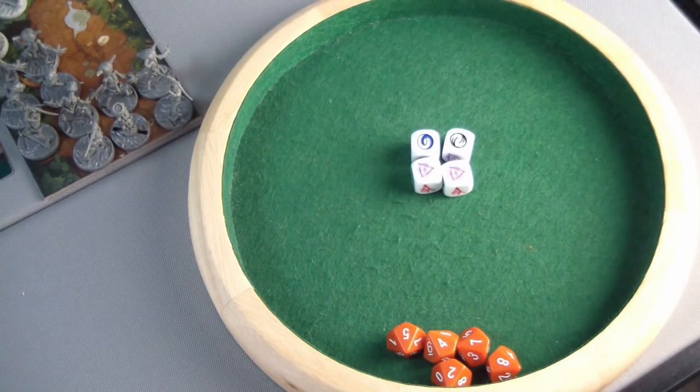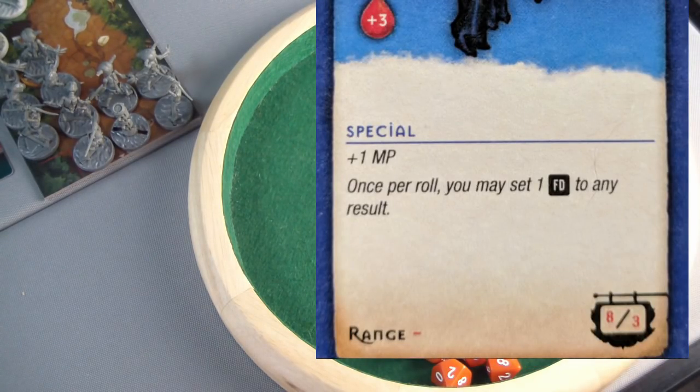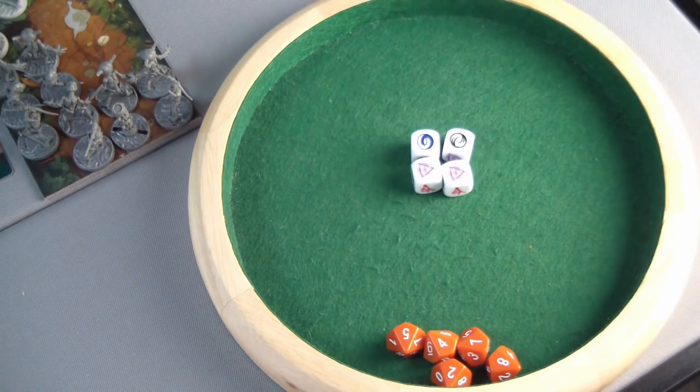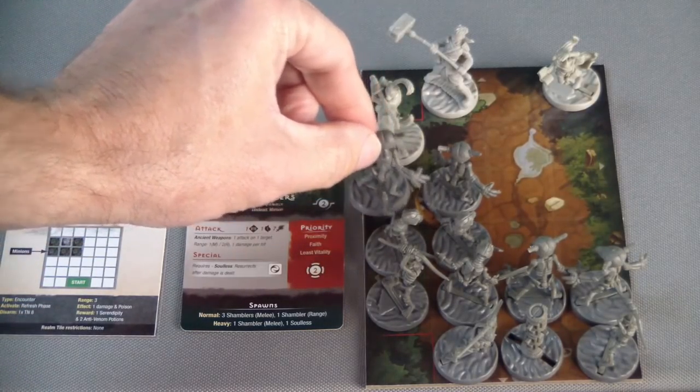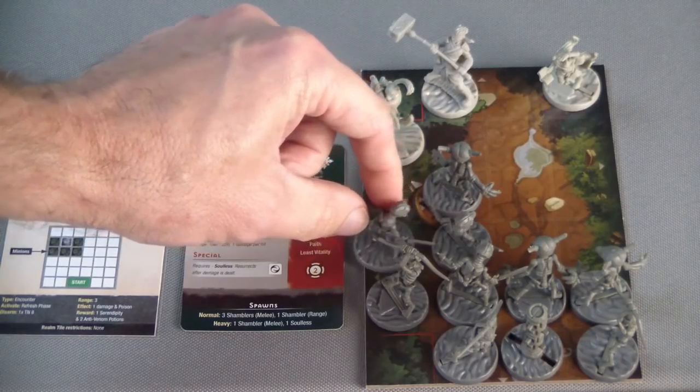If I did, then I would be in luck, because my Mantle of Fate allows me once per roll, I can change a fate die to any result. So at least if I would have had one of those, I could have changed one of them and come up with that recipe and used that special ability on the Horrifying Spear. We were able to take out this Shambler directly in front of us, and we were allowed to take out one adjacent to that one due to the special attack of the Horrifying Spear,